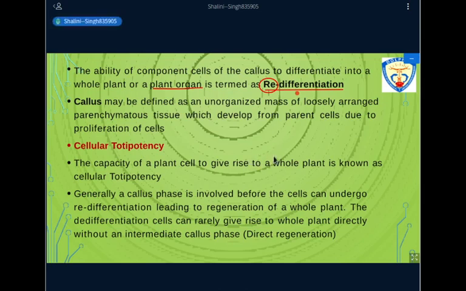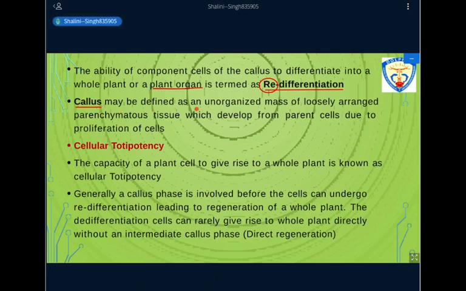And it has two parts. One is dedifferentiation and second is redifferentiation. If you have any query in this, please go ahead and ask. So here is the callus, and this callus